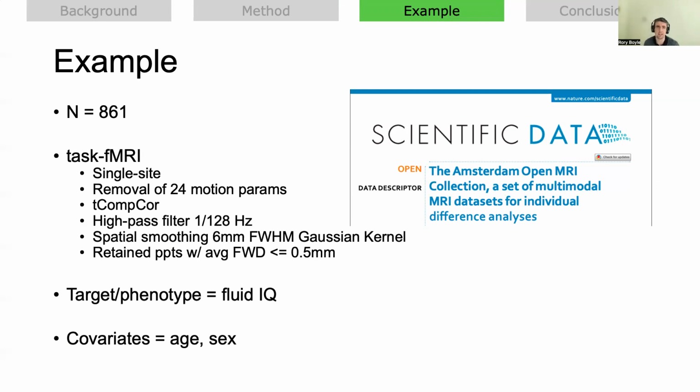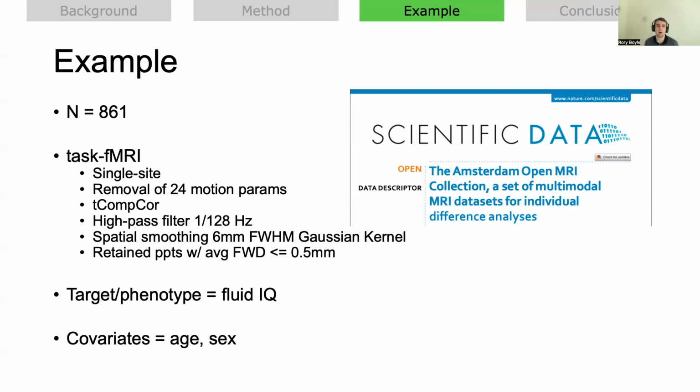Just briefly, the data were pre-processed using the standard pre-processing pipeline. Following that, 24 motion parameters were regressed out of the data. CompCor was applied, and a high-pass filter and spatial smoothing were applied to the data. Participants were only retained for analysis if they had mean frame-wise displacement of less than or equal to 0.5